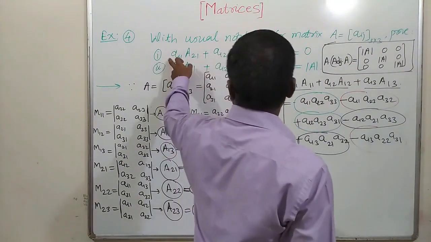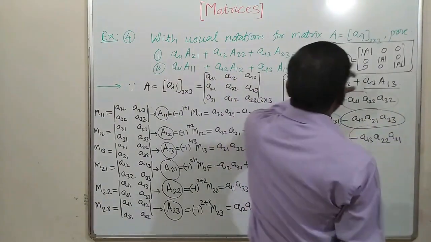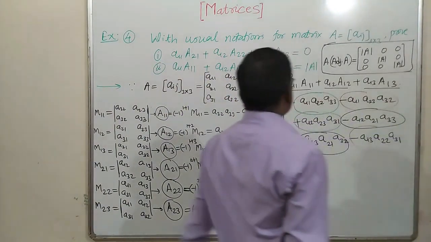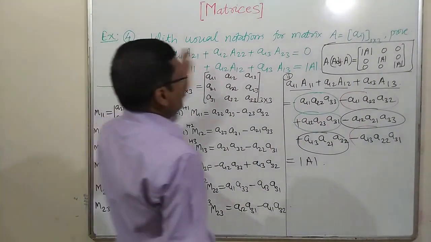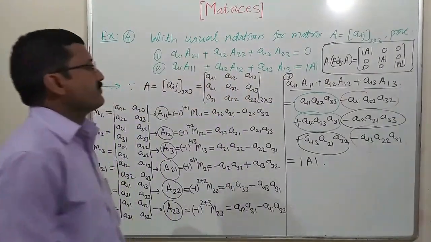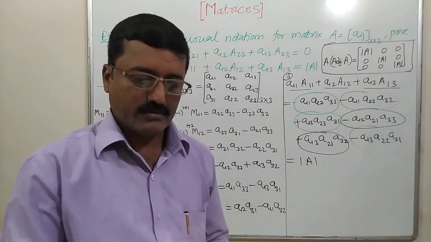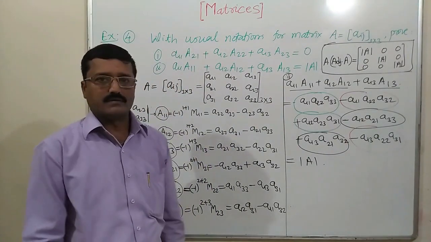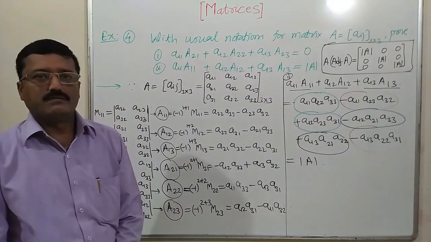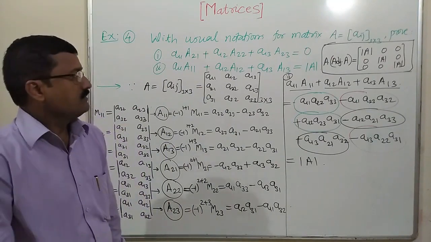In the first result, how these zeros are obtained is asked, and in the second result, how these determinant of A elements are obtained. So this example is very much important with respect to this theory part. Okay, I think we have solved so many examples based on these elementary row transformations or column transformations and the adjoint method. In the next lecture we will see the applications of these methods. Okay, thank you.